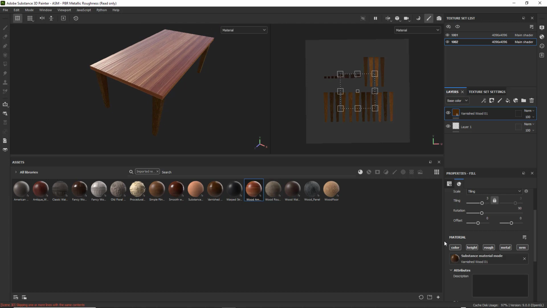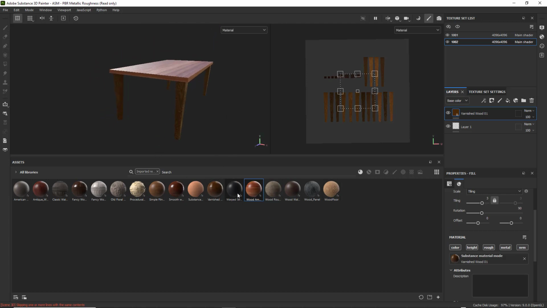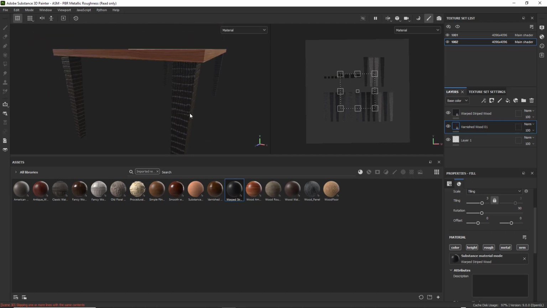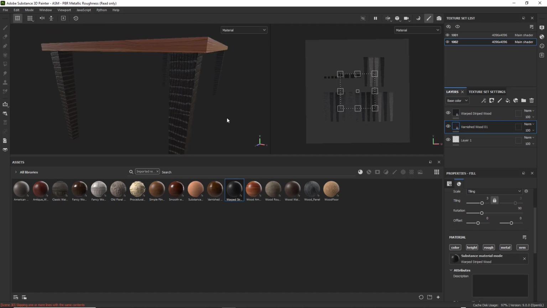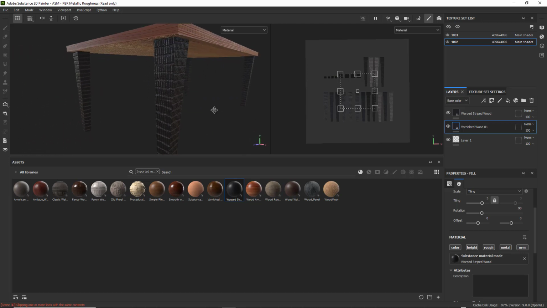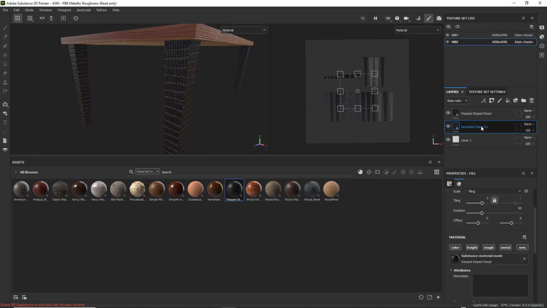Okay, so for the legs, I could even go with a dark color, which would be kind of fun, kind of cool. So I'm going to drag and drop this dark color onto that. I'm going to get rid of the varnished wood. Now you notice that it's giving me kind of a wild looking pattern here, which is interesting. But I'm going to get rid of the varnished wood by deleting it, clicking on the trash can,